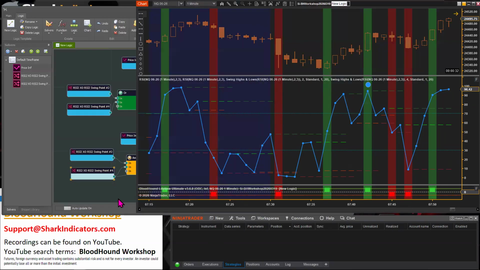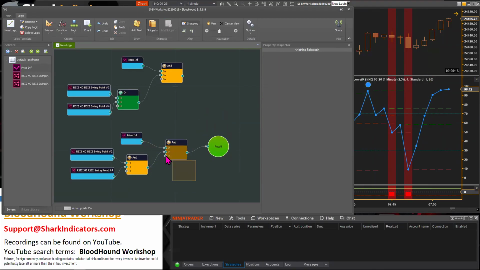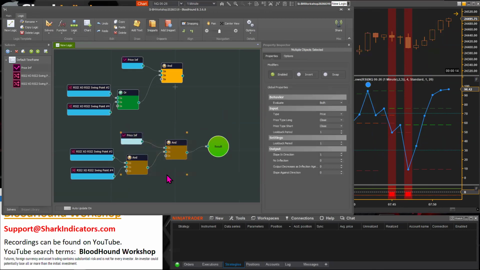So this isn't quite exactly the same as using that smart breakpoints indicator there. But just to finish it out, this is how you would build your system here if you were using the smart breakpoints indicator.